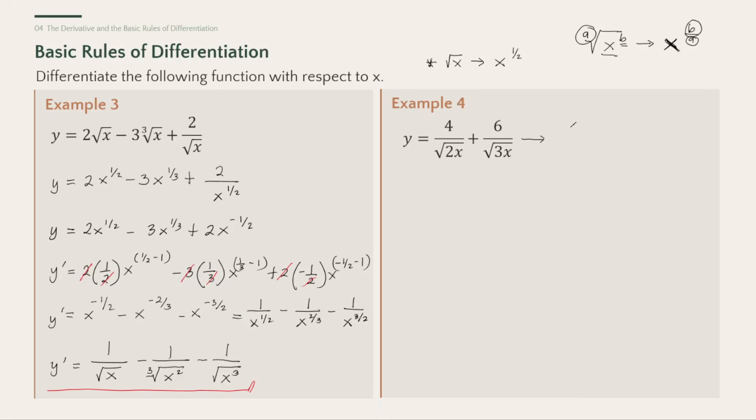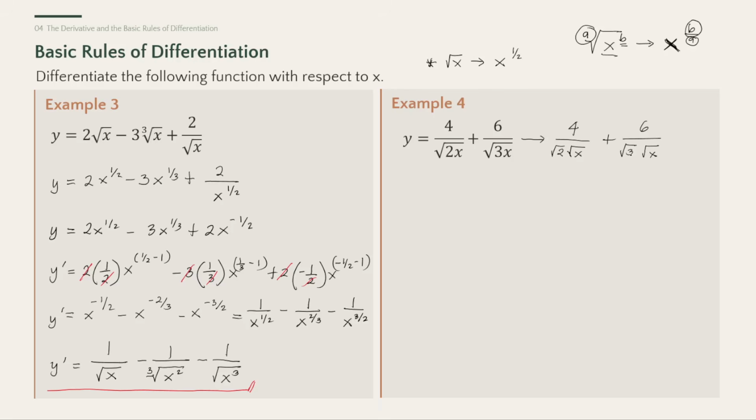Okay? So to solve this, actually, some books use the chain rule for this. But you can bypass that using the law of indices. You can just separate square root of 2 and square root of x. Then, similarly here, separate square root of 3 and square root of x. Okay? If you want to simplify more, you can rationalize these terms. Multiply this one, square root of 2 over 2, and this one, square root of 3 over 3. But we can proceed to differentiation without doing that. We can just rationalize at the end of the solution.